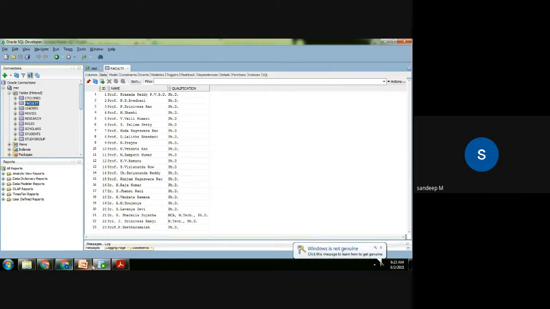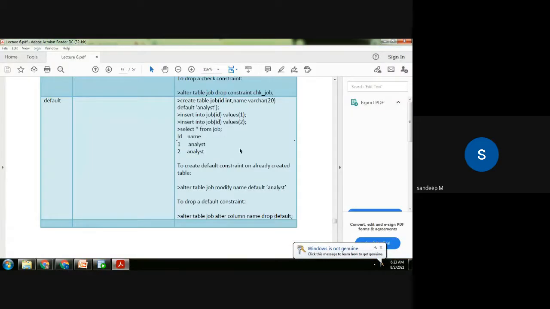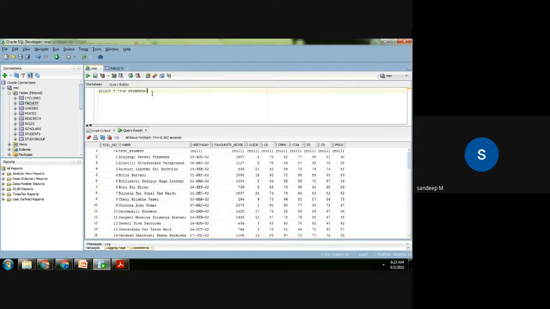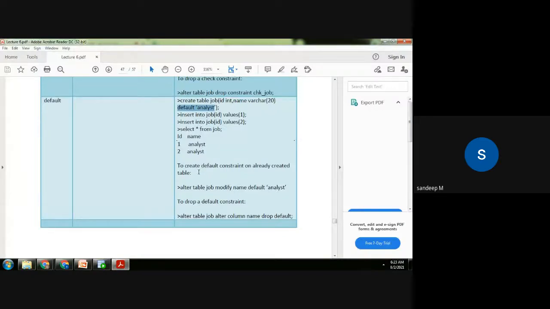So there you can use the default. When we create the table, we mention the default value at the time of creation. Since we already have a table, we have to alter it. So then we can use this command. This is at the time of creation, and since you already have a table, you can do this.